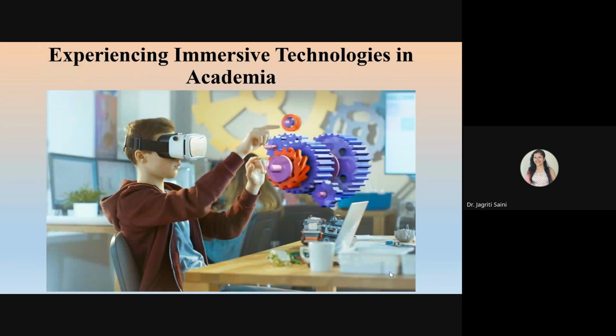So this is just one quick idea about how these interactions may appear. This kid is wearing a headset, and whatever we are seeing on the screen, he is able to see within the headset and interact with it. This is just one idea about how students can learn some advanced concepts, or anatomies, or a specific in-depth procedure related to machineries or heavy equipment in such an interactive manner.